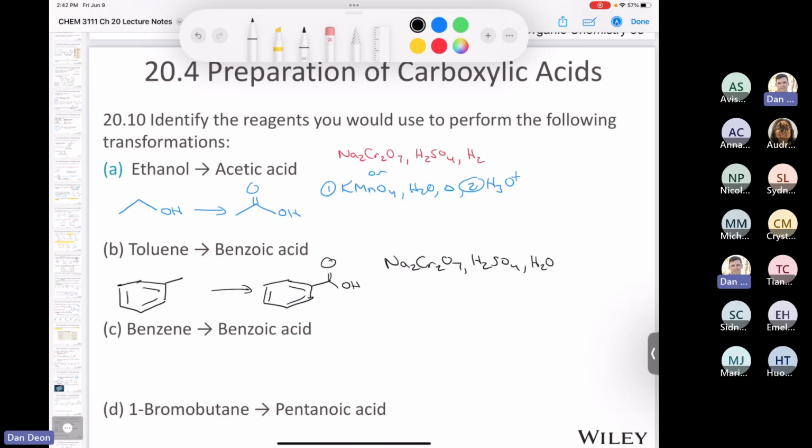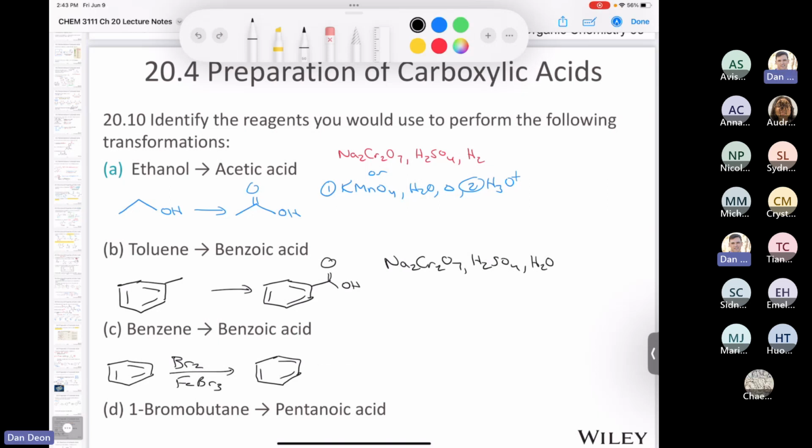The next one is benzene to benzoic acid. This one's going to be a little more interesting, right? But if we take benzene and we convert it to bromobenzene using bromine and iron(III) bromide, then we could use the Grignard pathway, couldn't we? Right? We would treat this. Oops, where's my bromine? Anyhow, so then we could treat it with